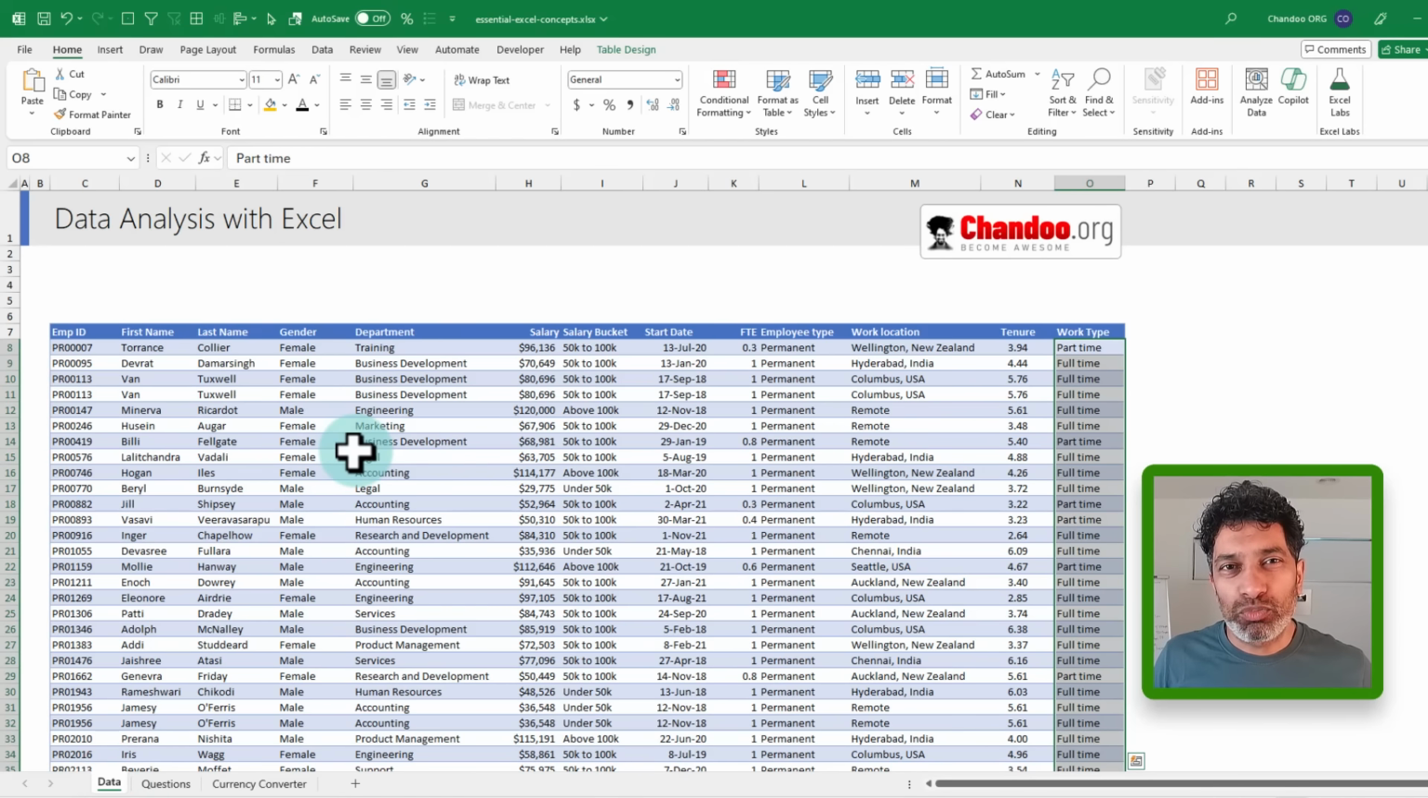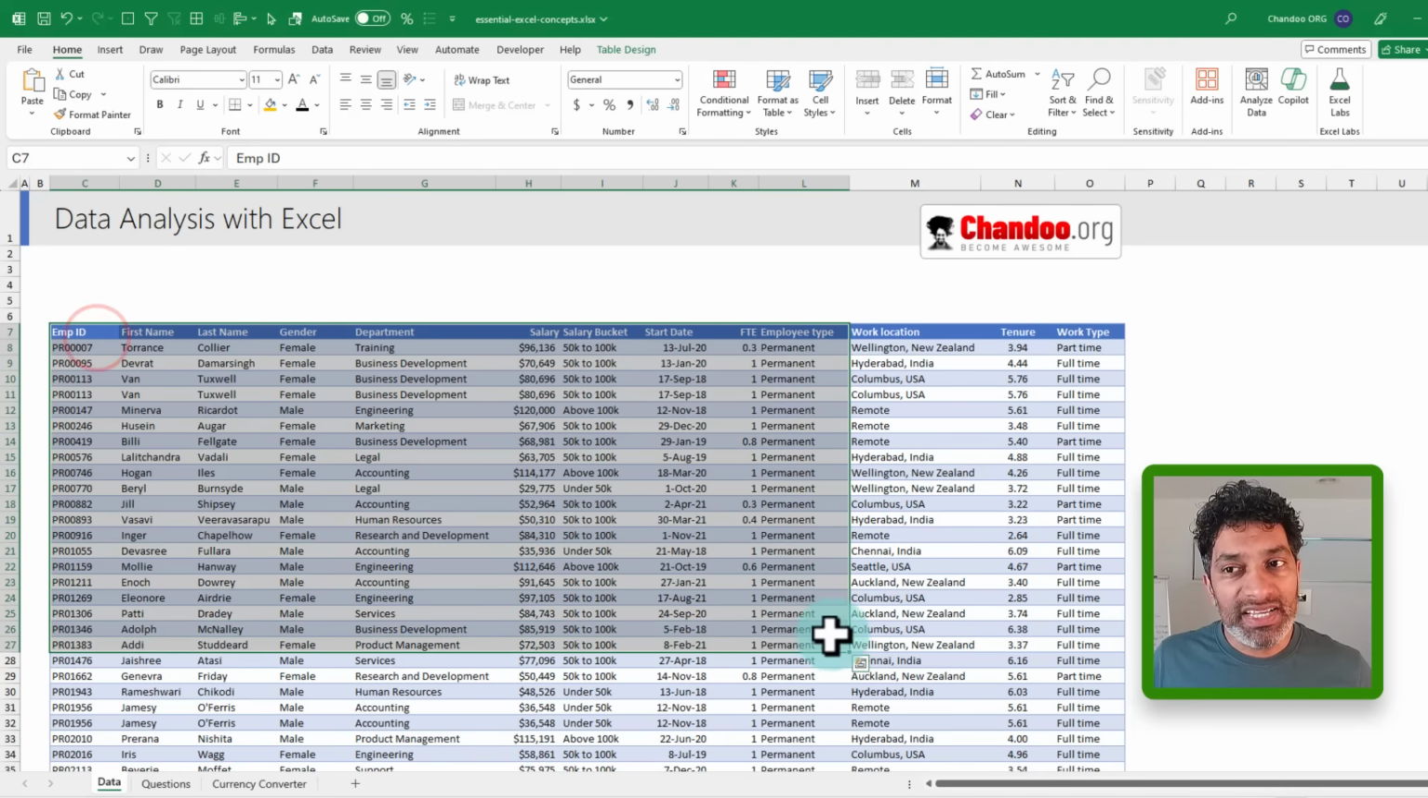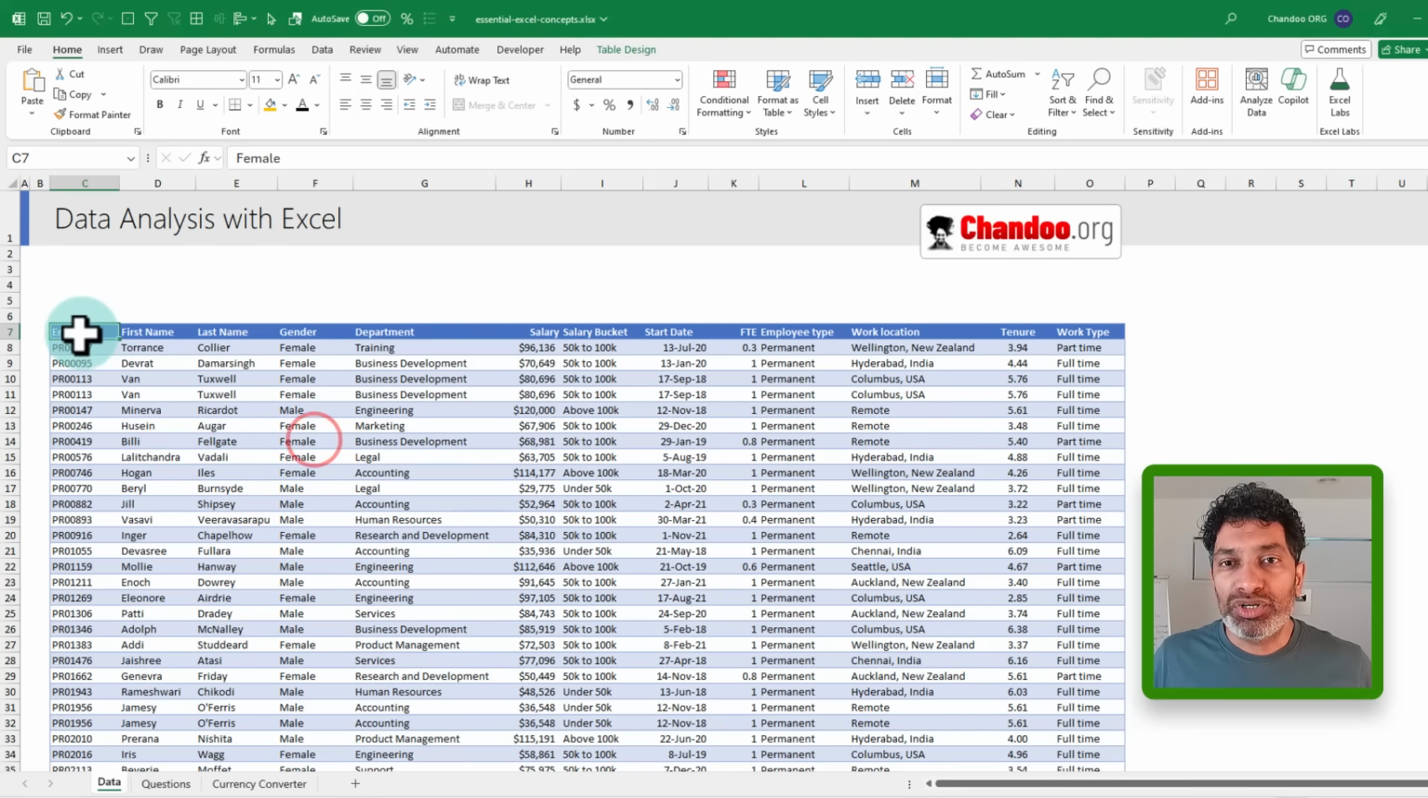The first and foremost concept in data analysis with Excel is to structure your data so that it is in a position and structure that is suitable for data analysis. And in my opinion, the best kind of data setup for your data in Excel is to set it as a table. So here I have already set it as a table, but I'm going to show you how this